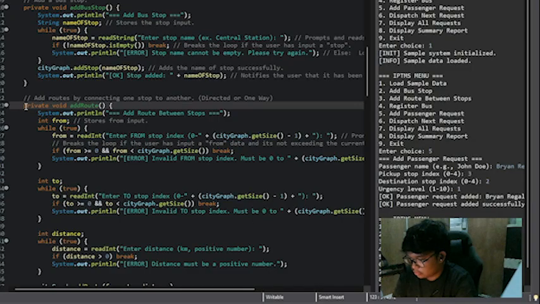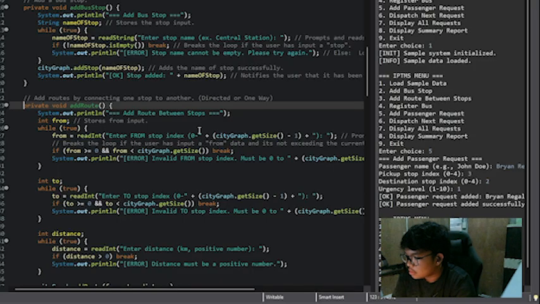Next is the add route method, which is in line 123. It collects from and to stop indices and distance from the user, then adds a directed route in the city graph.